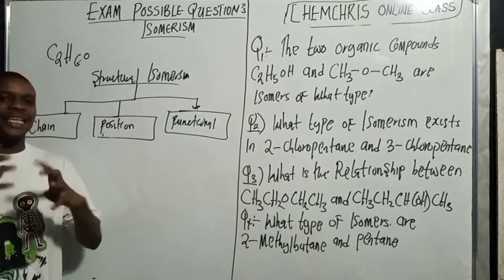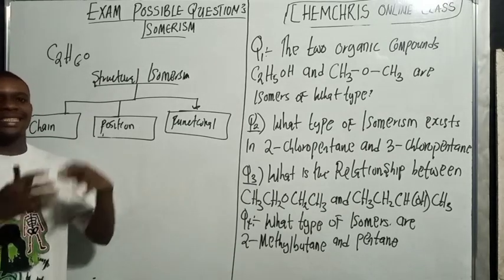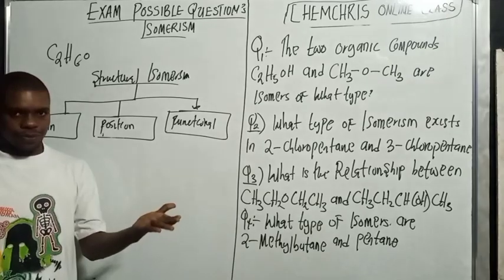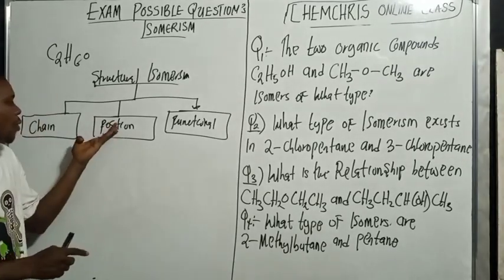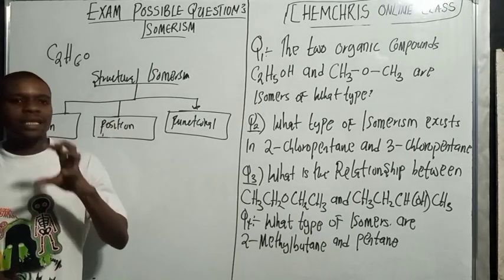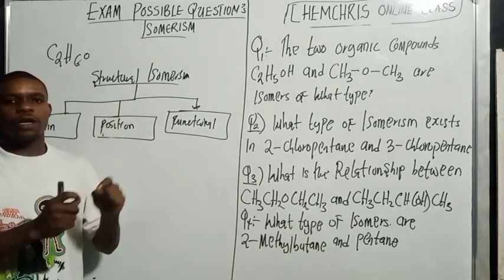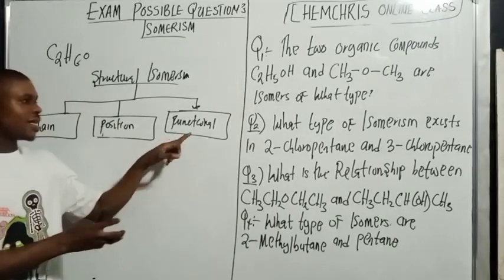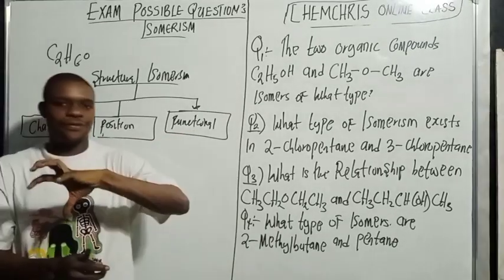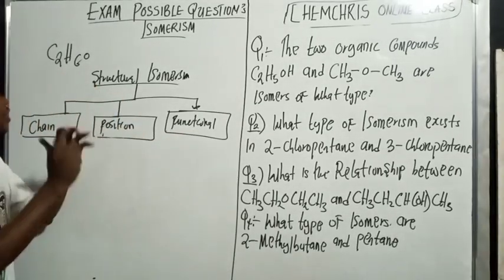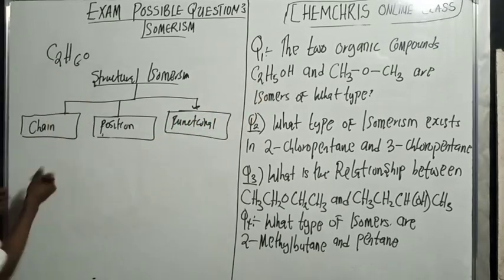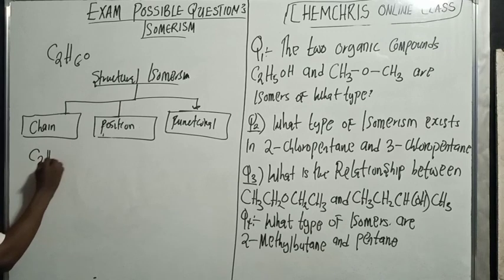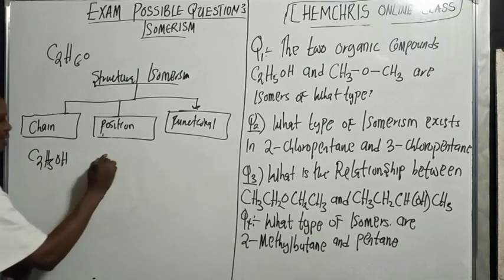In chain isomerism there is no functional group difference; they only differ in the arrangement of the atoms. Then we're talking about position, where the only difference is that the position of the functional group differs. Then there is functional, where they have different functional groups. So if you look at C2H5OH, and here we have